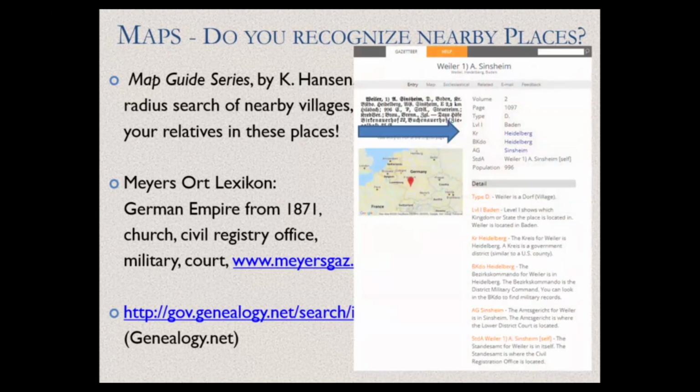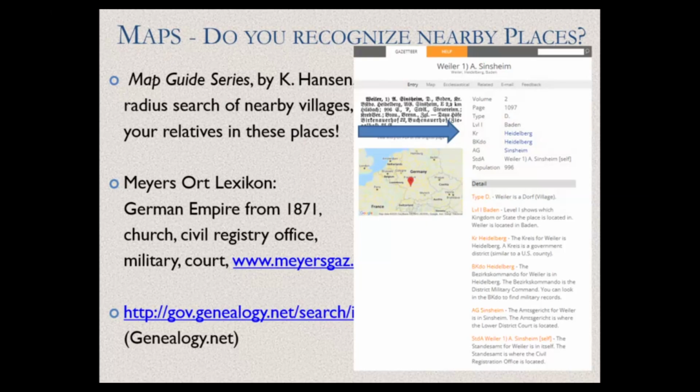So this is that Meyers lexicon. You can see when you type, it was all in abbreviation. It shows you on the map of Germany where that place is, and here it is all translated to English. Not perfectly, but still it helps us.